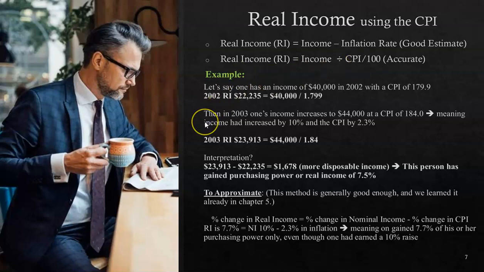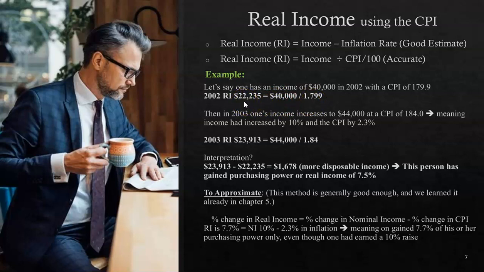So here's an example. Let's say one has an income of $40,000 in 2002, with a CPI of 179.9. Well, what does this mean about their real income for the year 2002? It means this 40,000, when we divide it by the CPI over 100, you see how the CPI is 179.9, but we're using 1.799. It's because we moved this decimal point over twice, because we're dividing by 100, right? So when we do 40,000 divided by 1.799, we get a real income of